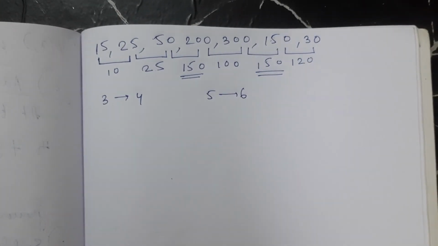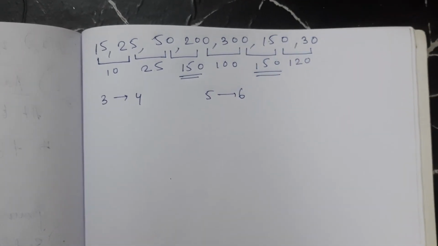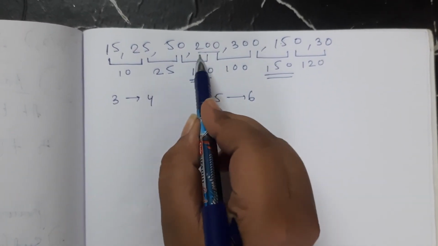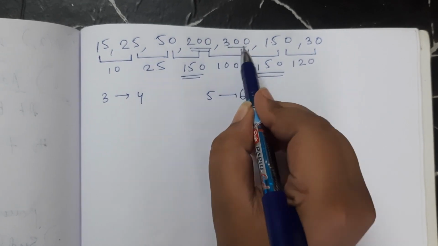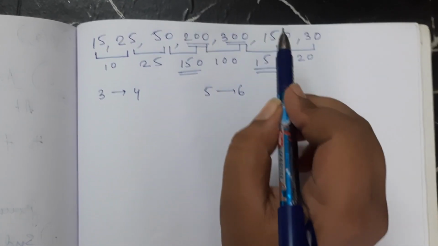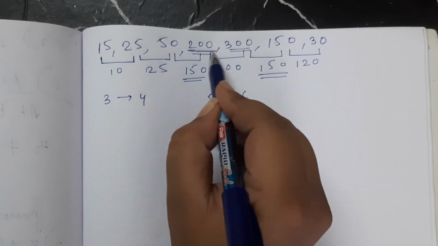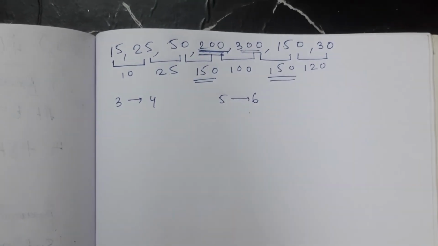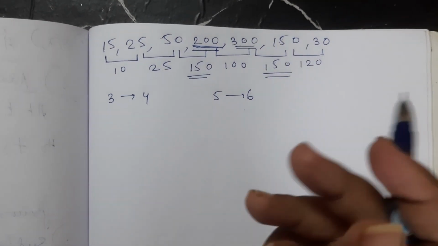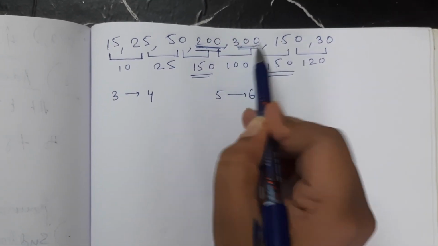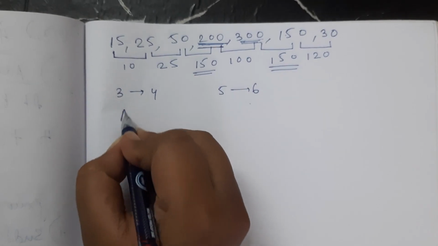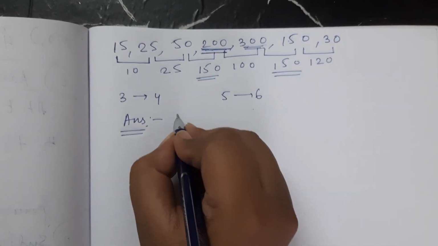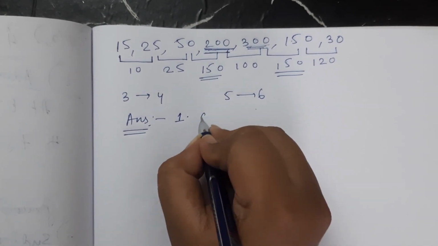Now we have been asked for the relative change. So the relative change in this case, I have 200, and in this case I have 300, as you can see. So the relative change will be maximum in case of 200, because 150 with respect to 200 is relatively greater than what it is with respect to 300. So here we have our answer as the maximum relative change occurred. The option should be 1, day 3 to day 4.